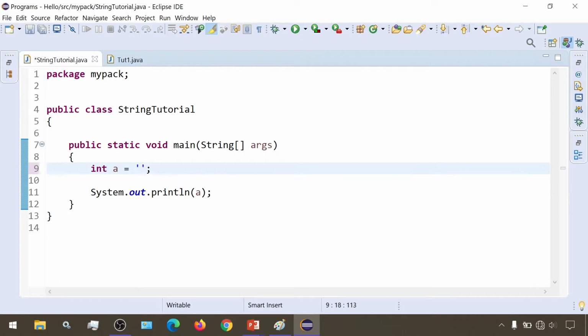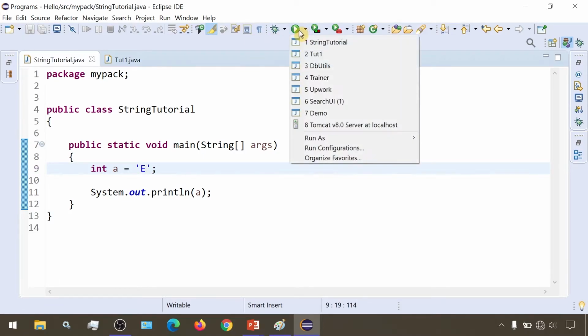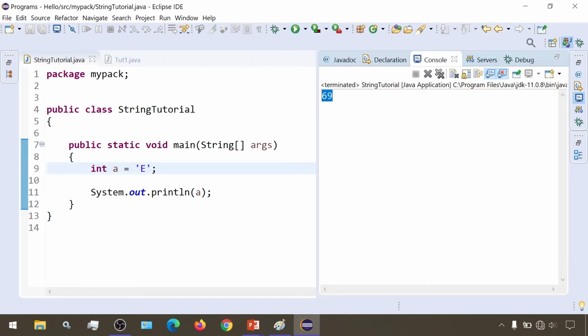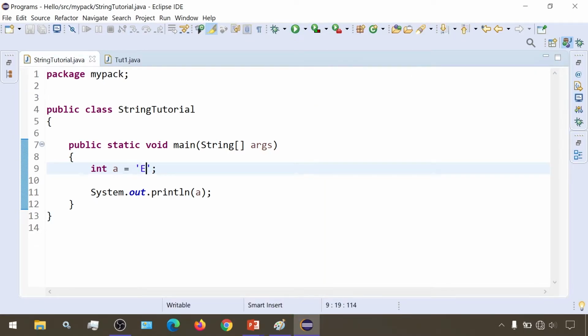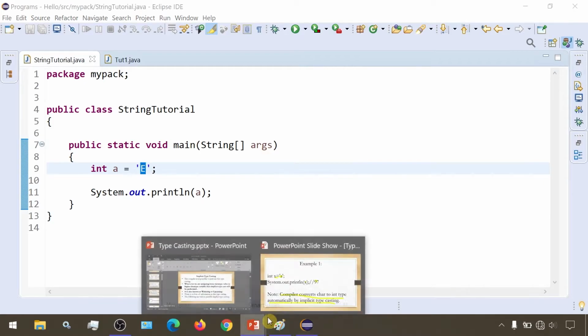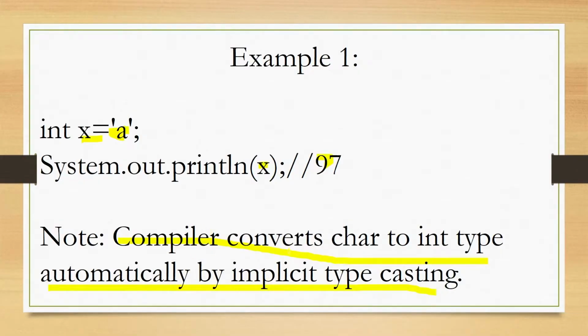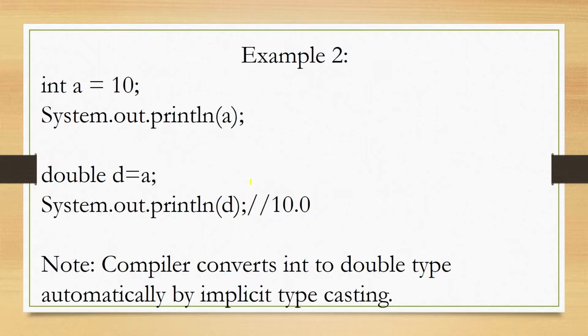Similarly, if I make this uppercase E and run this, I am getting 69 as my output. I hope that this is clear. You can try it with various values. So here the compiler converts the char type to int type automatically by implicit typecasting, and we are getting the equivalent numeric value.